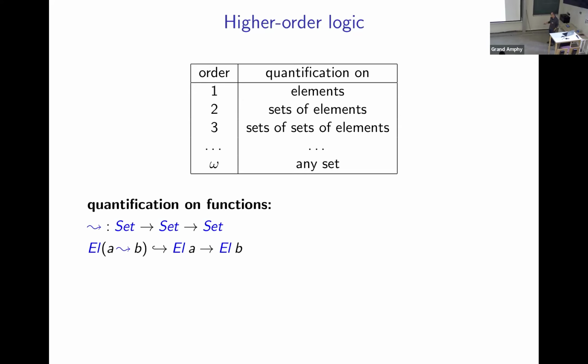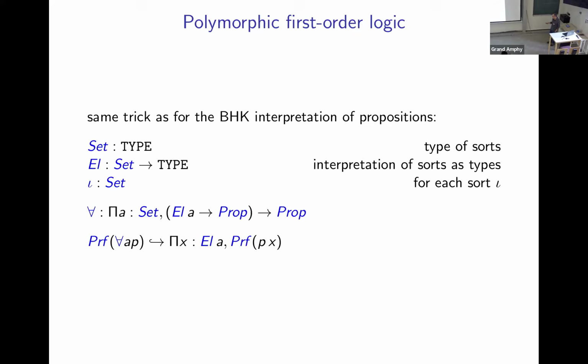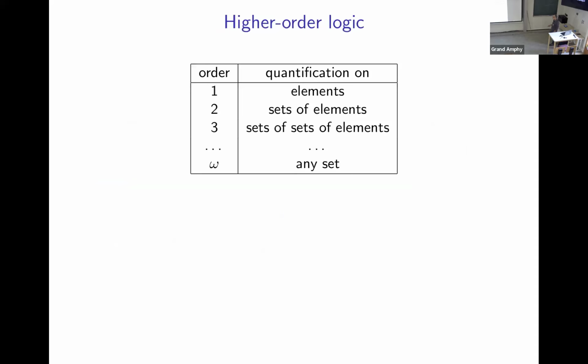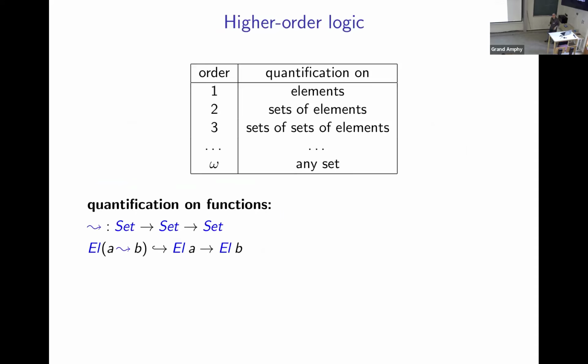And so, because we have this rule for quantification, you see that if A is in fact A row B, and an element of A row B is the function from element of A to element of B, you will get the quantification here on functions from element of A to element of B. So what is nice to see is that by adding just the constant and the rewrite rule, you get a new and more powerful logic easily.